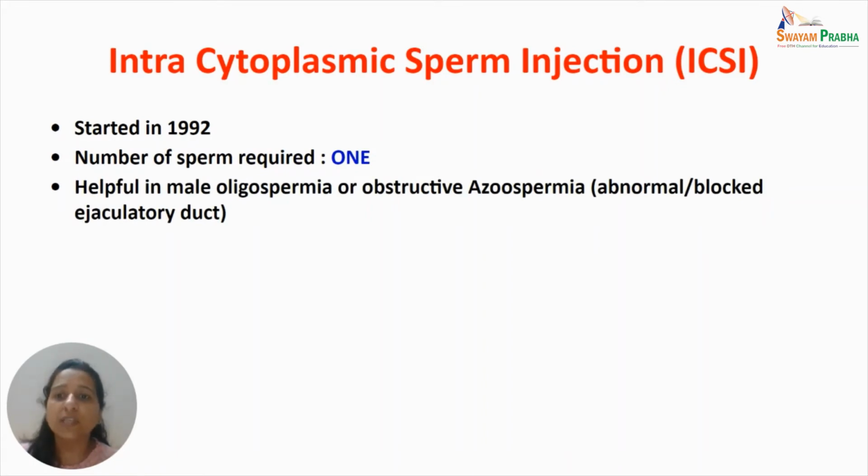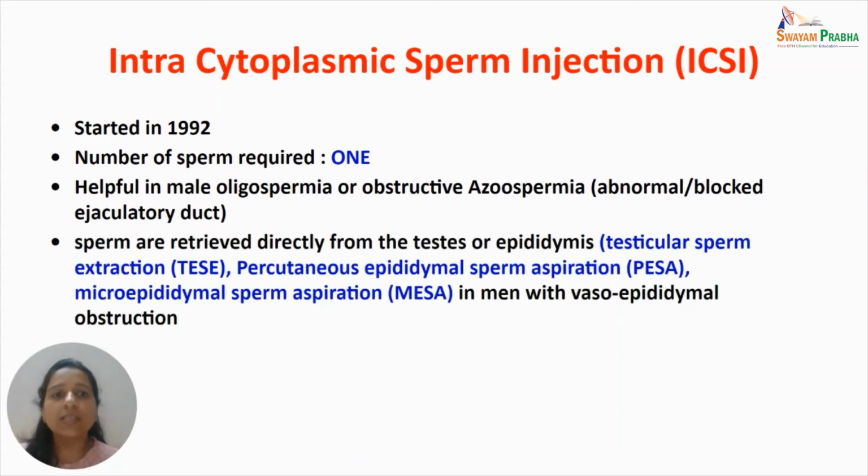This is helpful in case of male oligospermia or obstructive azoospermia, in which the ejaculatory duct is abnormal or blocked, and thus a large number of sperm are not able to be retrieved for the process of IVF. During this process, the sperms are retrieved directly from the testes or directly from the epididymis, and hence the name testicular sperm extraction, that is TESE, or percutaneous epididymal sperm aspiration, PESA, or microepididymal sperm aspiration, MESA, respectively, in men